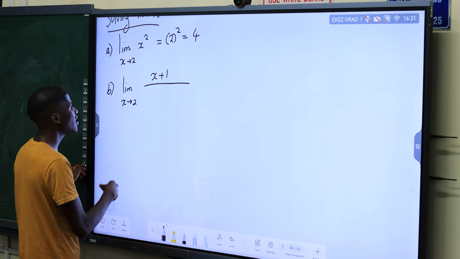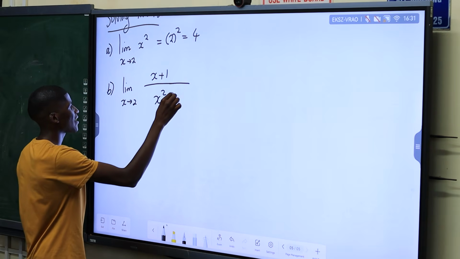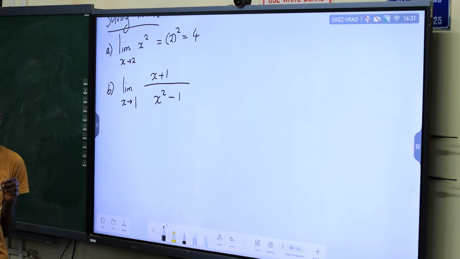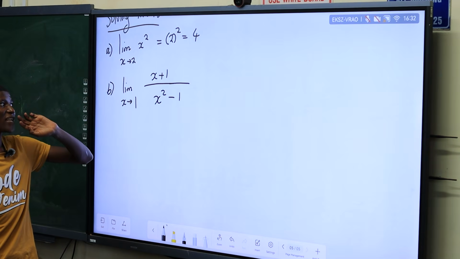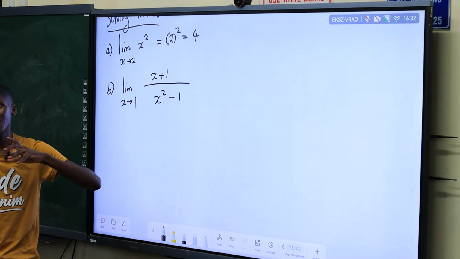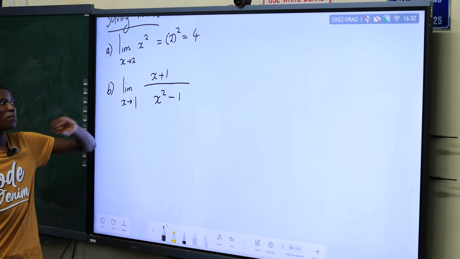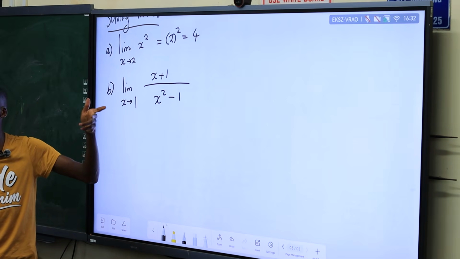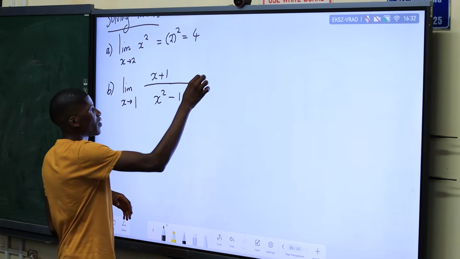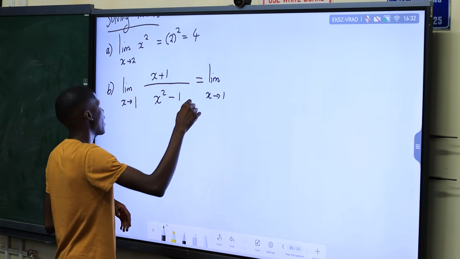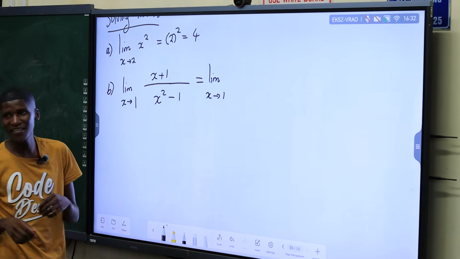All right, let's just say x squared minus 1, and I say the limit as x approaches 1 for this function. Substitute and we get the answer. If you simplify your problem, maybe you can substitute and find the limit. Limit as x approaches 1. How can we simplify this?